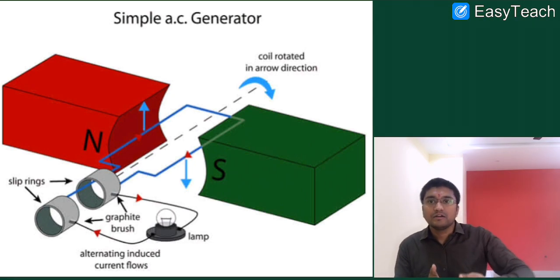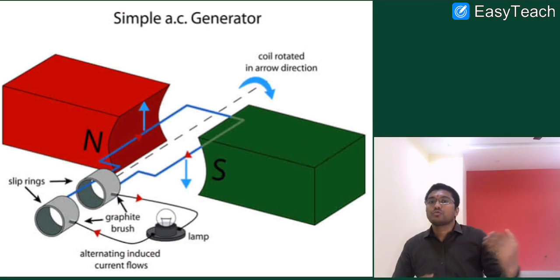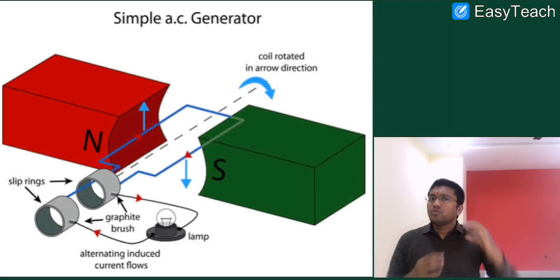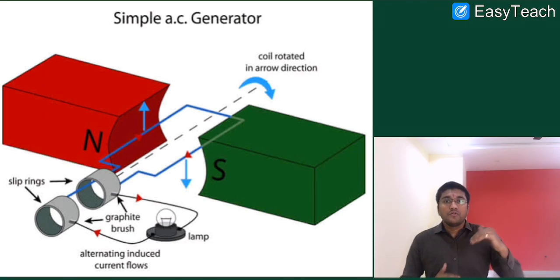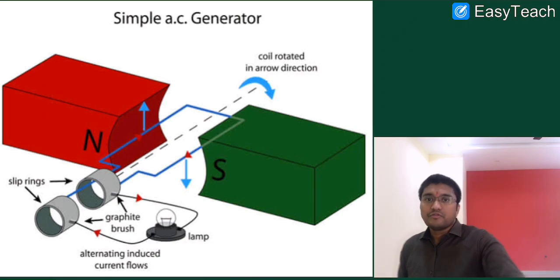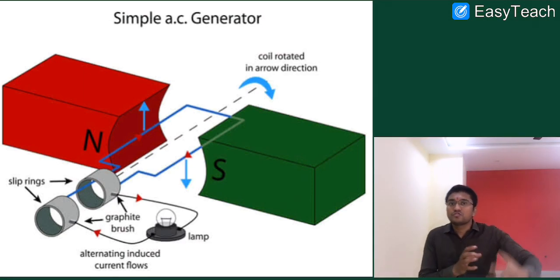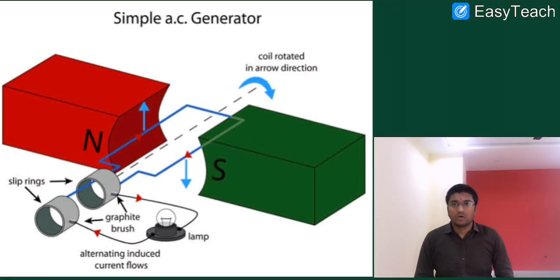To do some mechanical work, we have to rotate the coil. To rotate the coil, we need some source of energy. Based on the source of energy, so many plants are available in our country, like thermal power plant, nuclear power plant, hydropower plant, windmill, solar power plant, like that. Those are simply sources which can rotate the coil. So suppose we take any one of the sources.